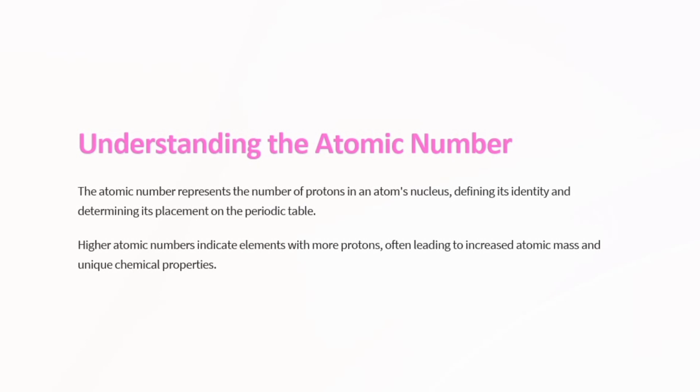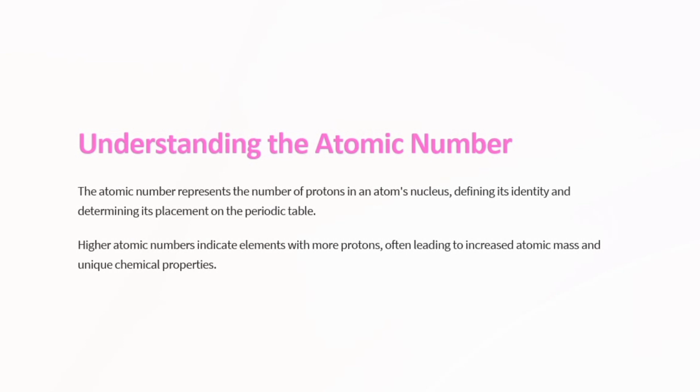Understanding atomic number. Atomic number represents the number of protons in the nucleus of an atom. We've learned previously that the atom has a central core, according to Ernest Rutherford. Within that central core, we have protons and neutrons. The protons, which are one of the subatomic particles inside the nucleus of the atom,